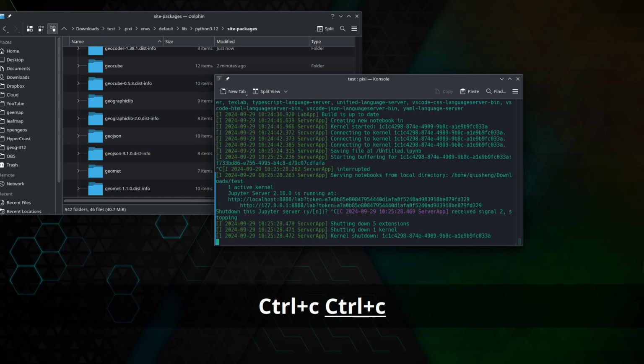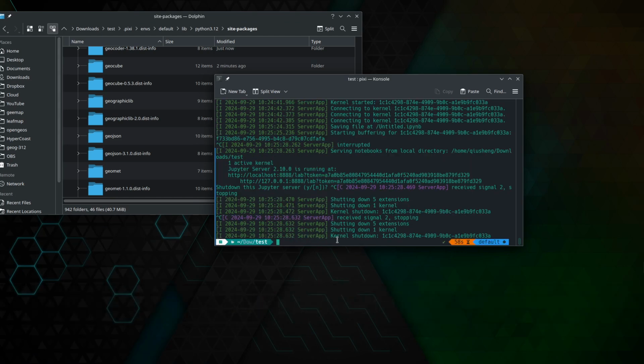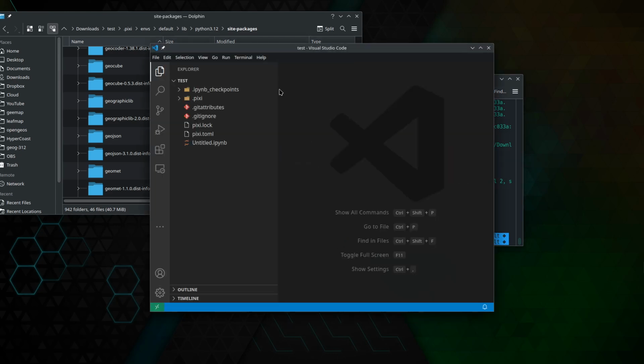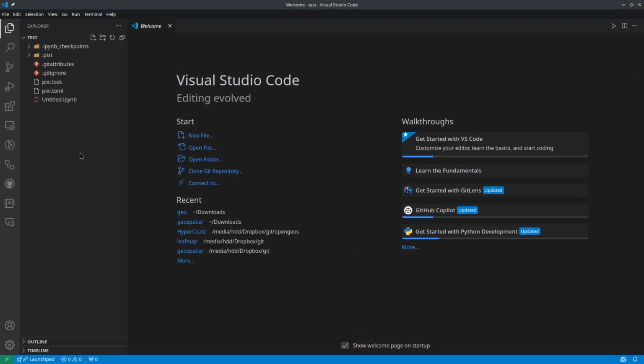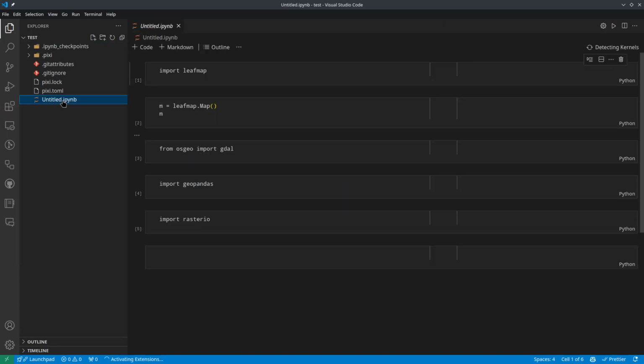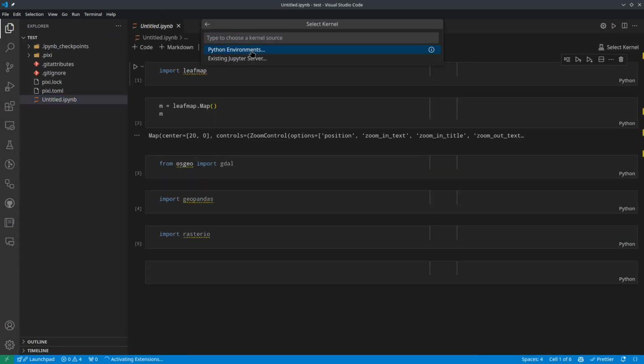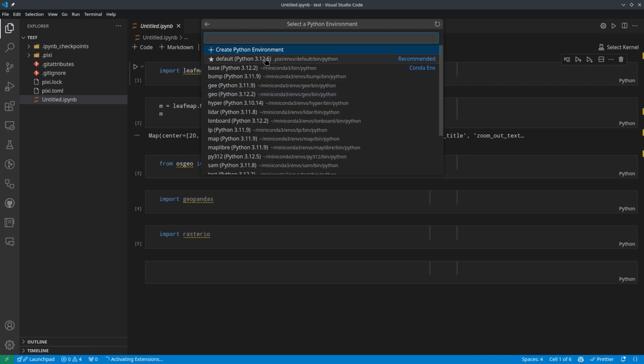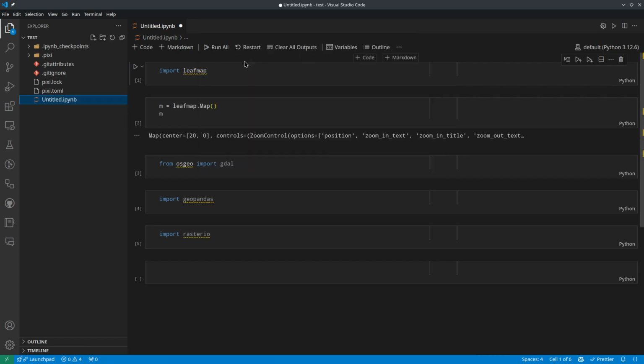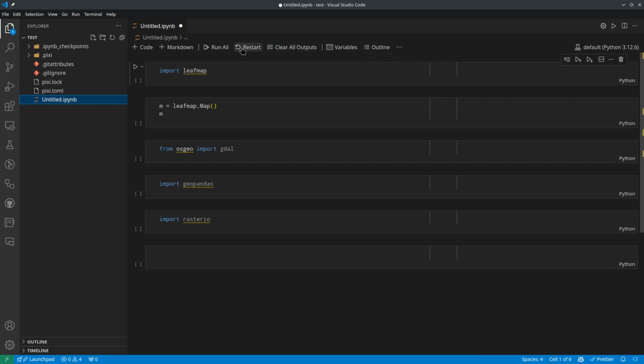Next, I'm going to show you how to use VS Code. Let me press Control C to finish this one. But you need to install Visual Studio Code first. Once you have that, let me open this notebook and see if we can detect the kernel environment. Yeah, it's in here. So right now I can also use it directly from here. Clear the output, and then I can run through that,